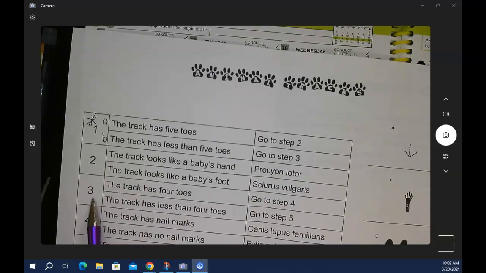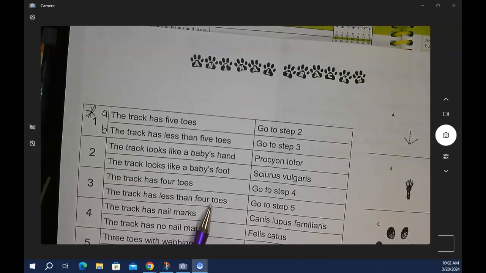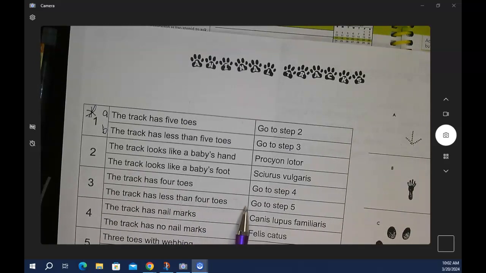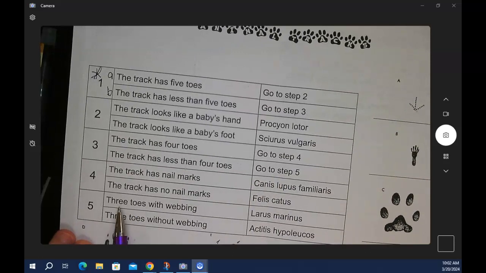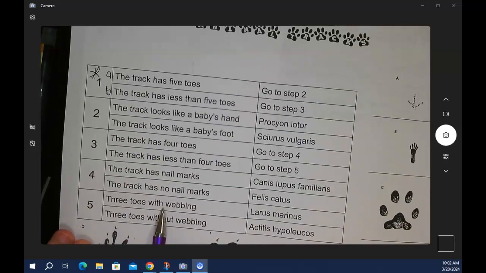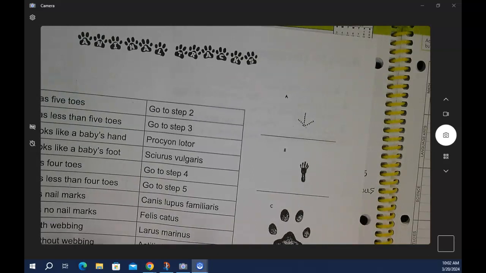So we're skipping over that. We're going to 3. It says the track has 4 toes. Looking at our little thing, that's a no. The track has less than 4 toes. That's a yes. So we're going to step 5. And then they have 3 toes with webbing. That's a no. 3 toes without webbing. That's a yes. And so the name of our